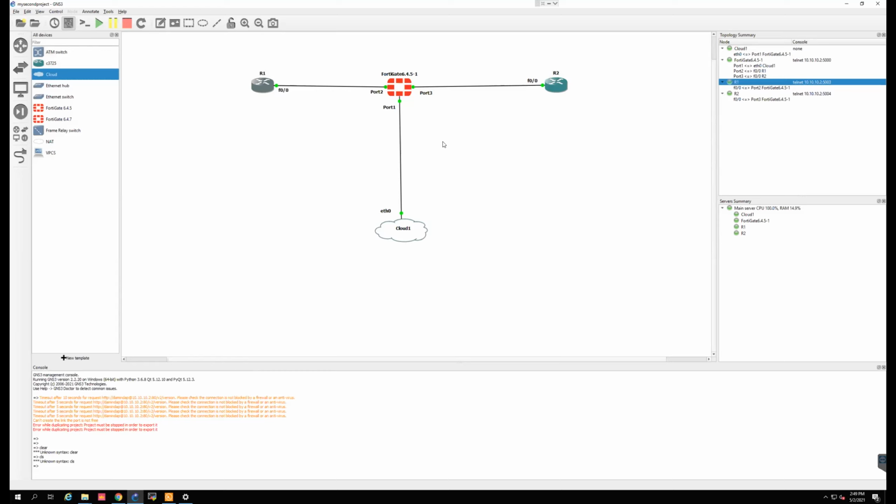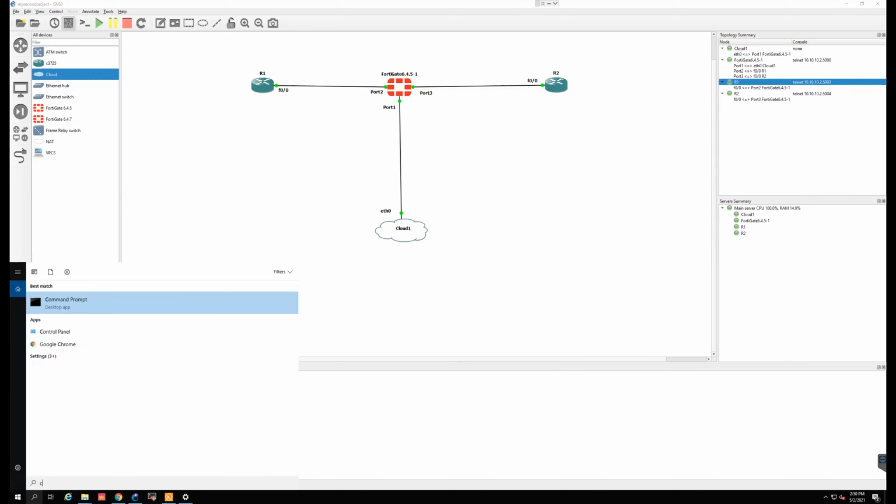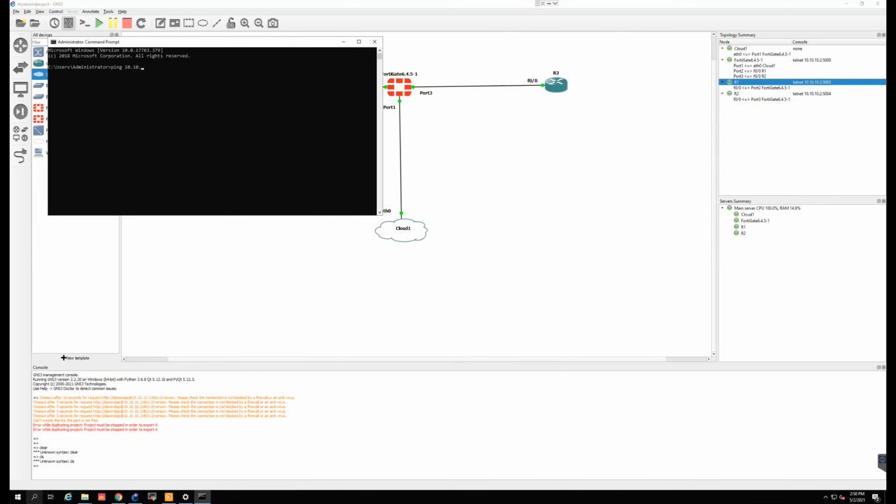Then I tried to add an interface through your physical machine. You can access through your physical machine, but can you access your Fortinet firewall through the graphical interface? No, that is what is not working. I can access the GNS3. GNS3 is 10.10.10.2, that's why I can log in. So here in the FortiGate firewall, I tried a few options.